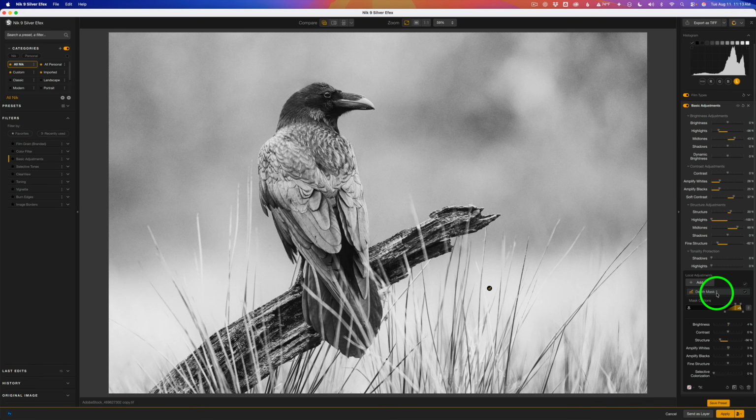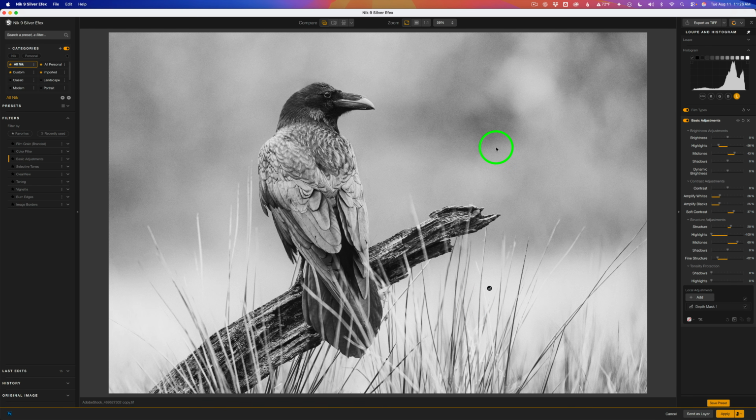See where it says depth mask? If I uncheck this by clicking here, this is without the adjustment. I'll click it again. This is with. See how this area softens up? I really like it. I want to do one more local adjustment in basic adjustments, and that is work on